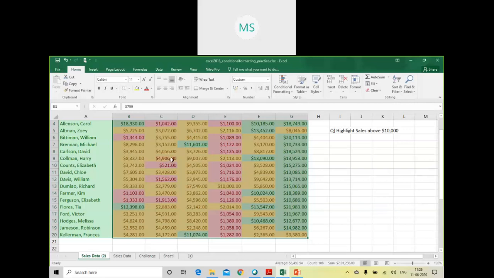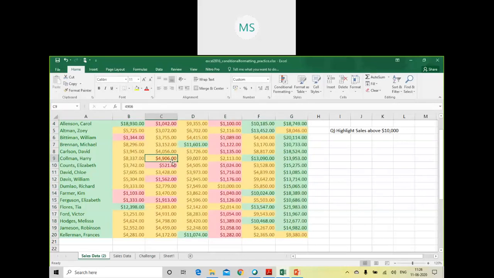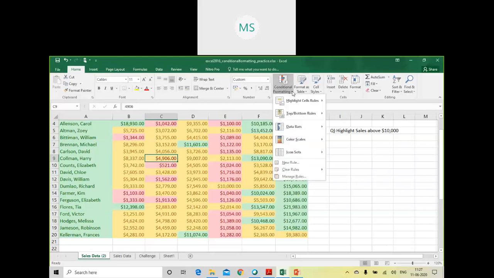As you can see, this cell particularly consists of that specific value only, so it has highlighted that particular color. So depending on your rule, you can apply any kind of formatting. This is what relates to cells that can be highlighted with the help of colors.